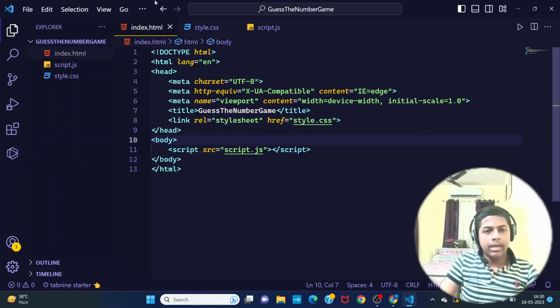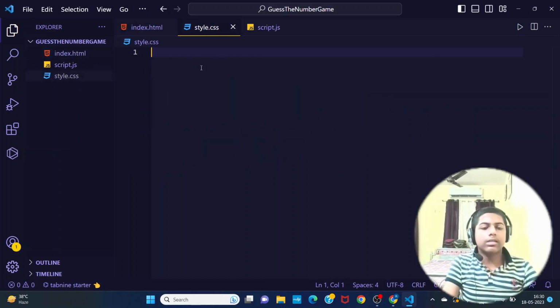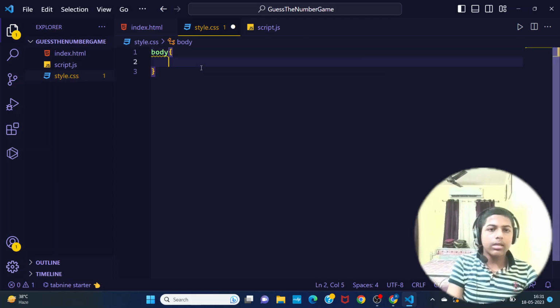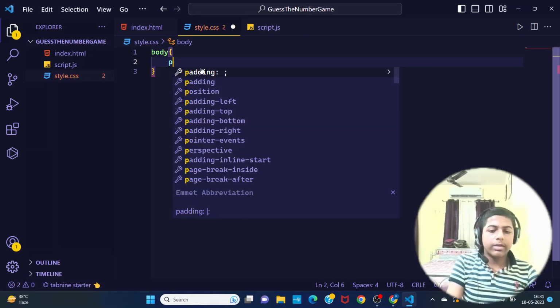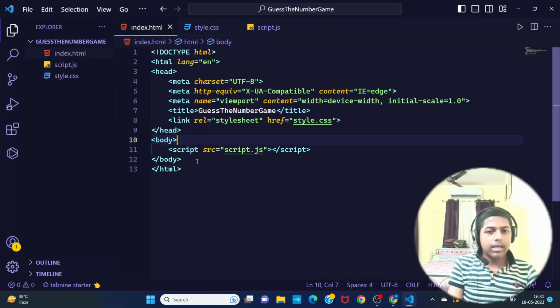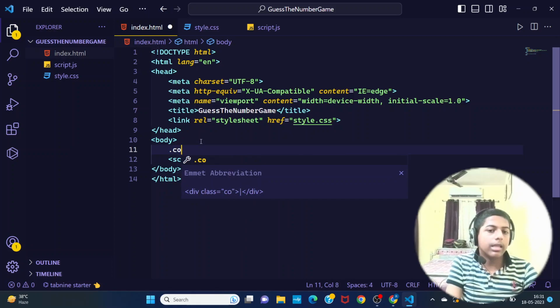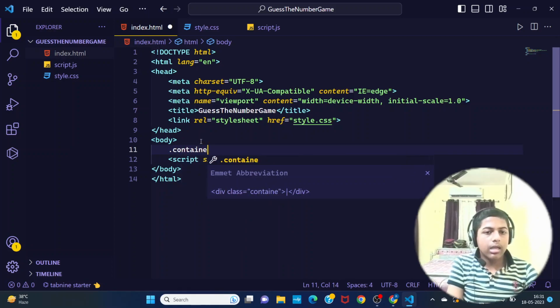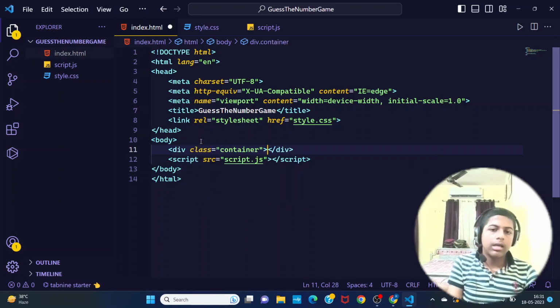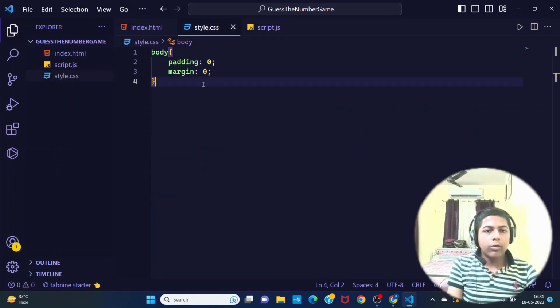That's it. And the next thing we are going to do is go to style.css, say the body, and in the body we are going to say padding to be 0, margin to be 0, and that's it. Next thing is we need a container that is going to just contain the game. Okay, so let's say container, and that's the container. Now we are going to copy this class container and paste it here